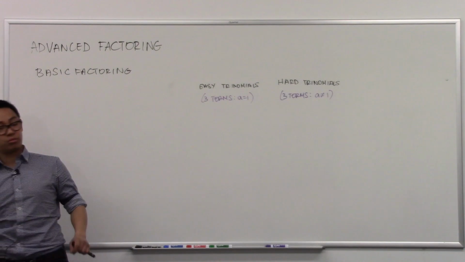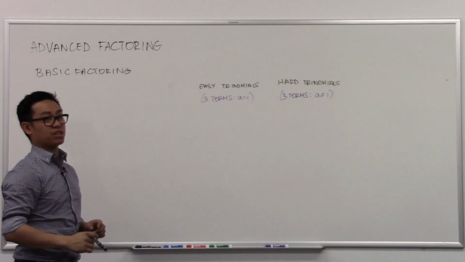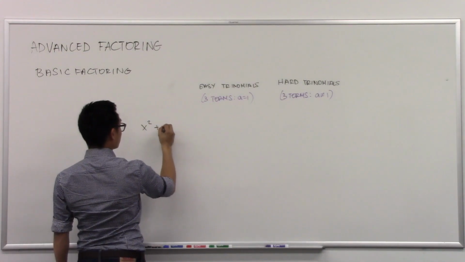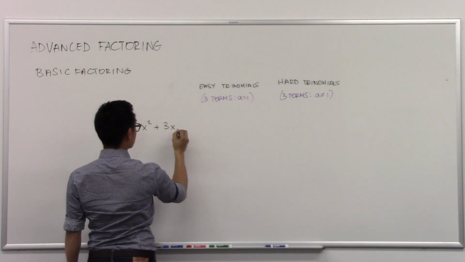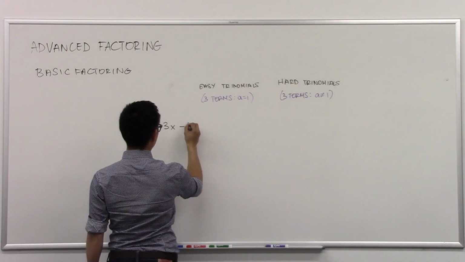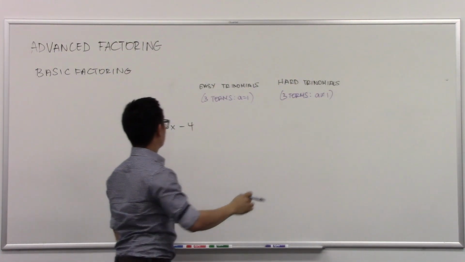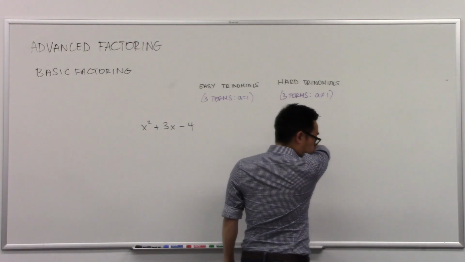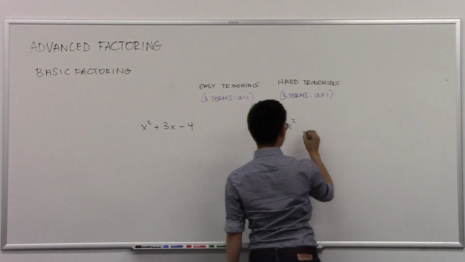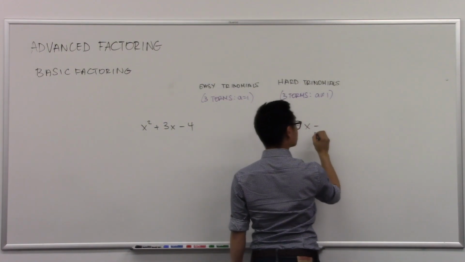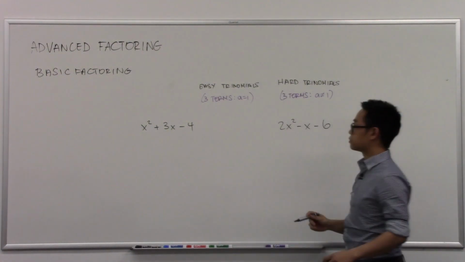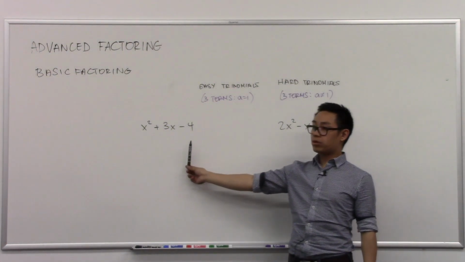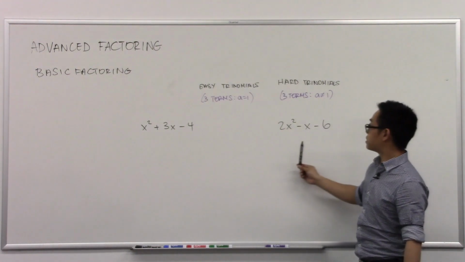Trinomials obviously have 3 terms. That's the way you recognize it. But there's a difference in method. You can have something like this, or you can have something like this. This is an easy trinomial. This is a hard trinomial